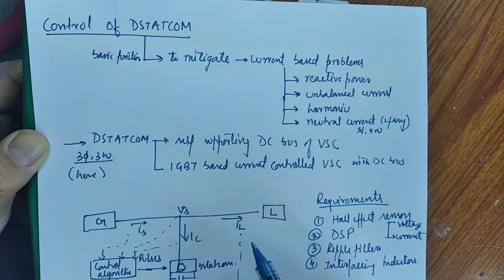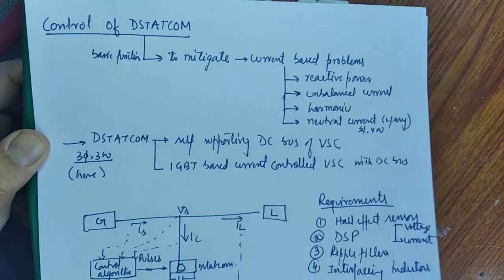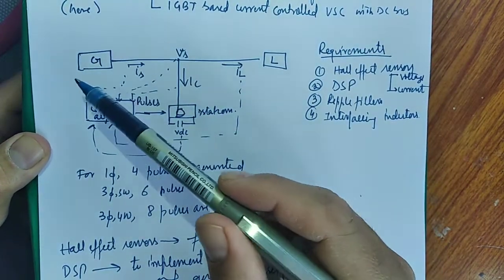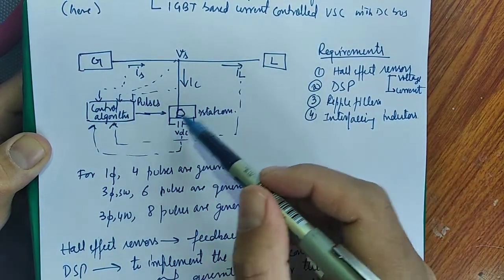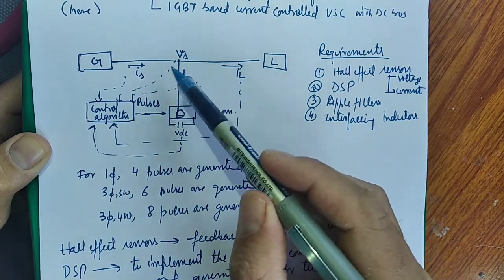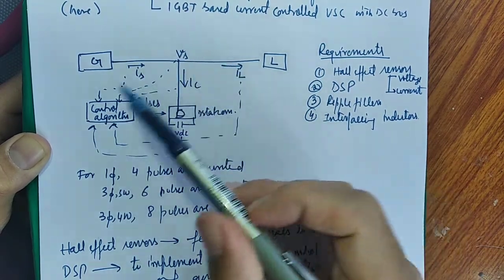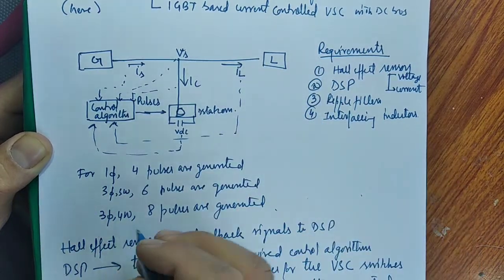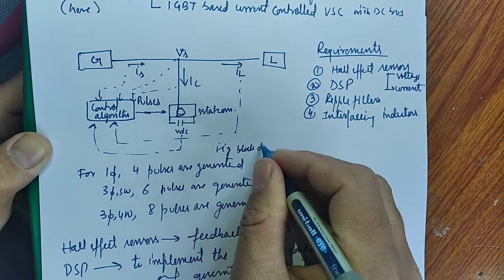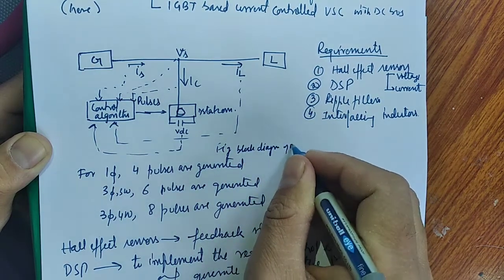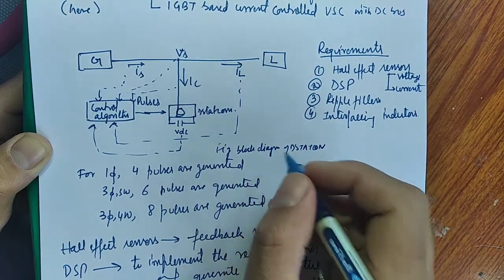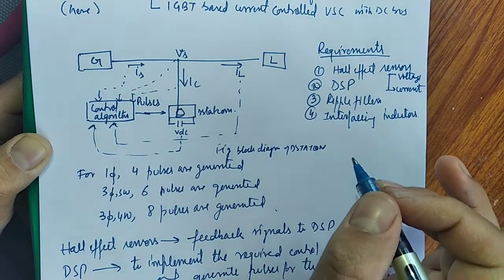So if we look here, the basic diagram of this D-STATCOM, we have grid, we have load, and this is the D-STATCOM with capacitor this side. Grid side we have grid currents, load current, and this is the capacitor. This is the PCC voltage VS. This is a general diagram, this figure is the block diagram of D-STATCOM. Okay, this can be single phase, 3-phase, or 3-phase 4-wire, or 3-phase 3-wire.